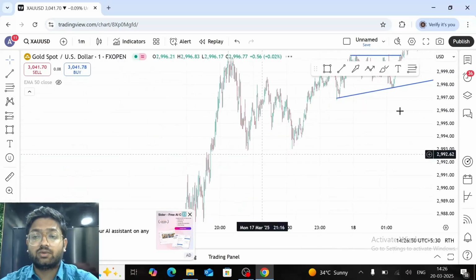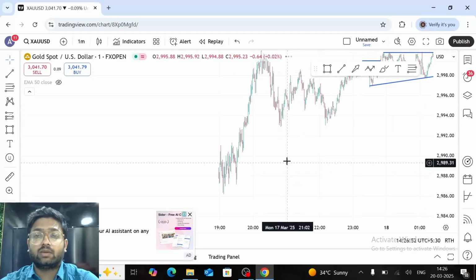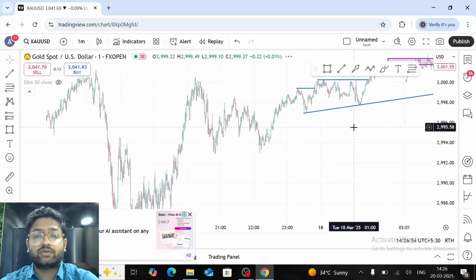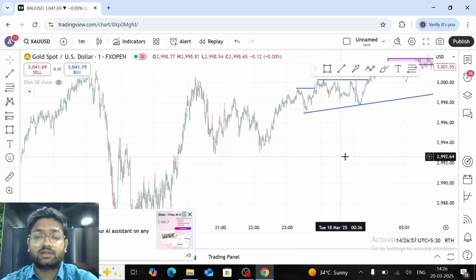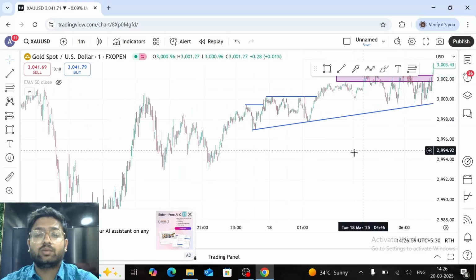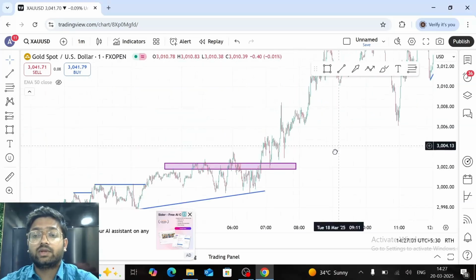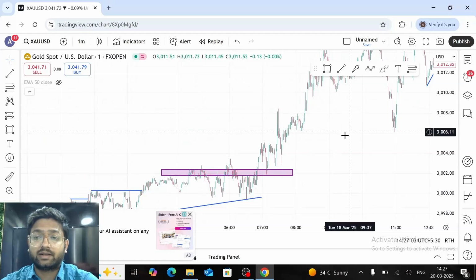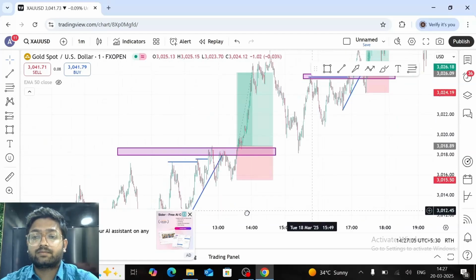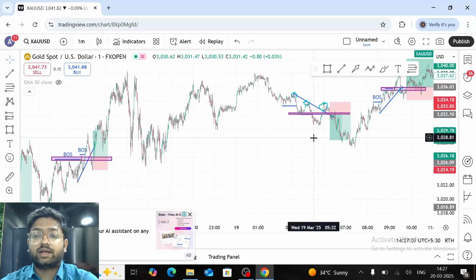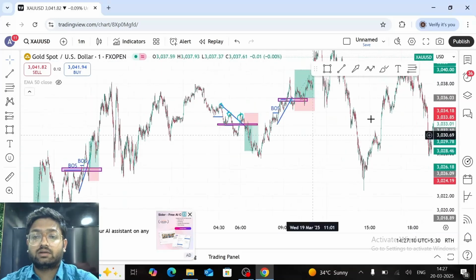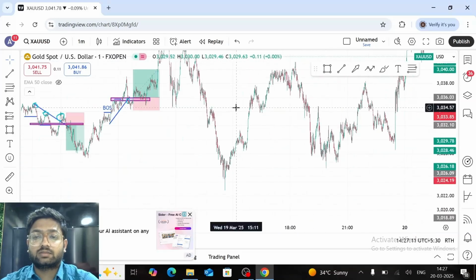So this is how you can make very easy money. What I can say is that very easy money. Once you fix the psychology based on the strategy which I'm showing you, you will be making very good money, trust me. Before that you need to do very good backtesting. Okay, see, this is how you need to identify the market structures. Okay, see, now let's go